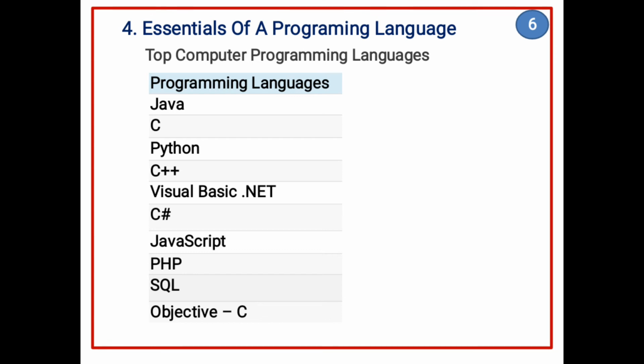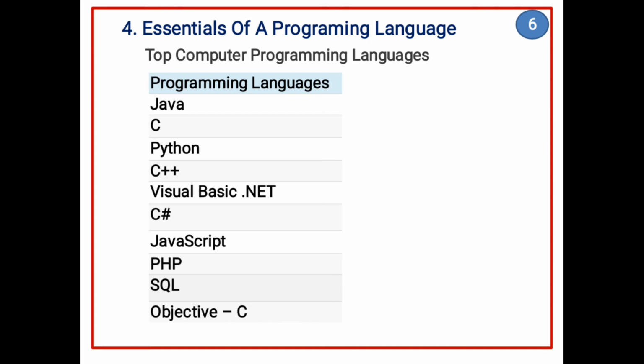The next popular programming language is Python. This language is used for machine learning, artificial intelligence, data analysis, face detection, image recognition software. Now these are the practical applications of this language. The next popular language is C++. The practical applications of this language are banking and trading enterprise software, virtual machines, and compilers.